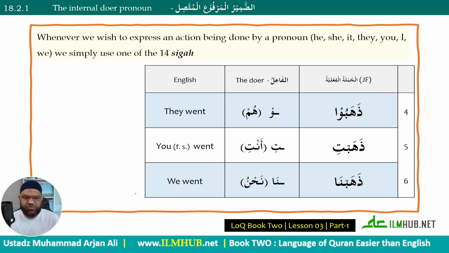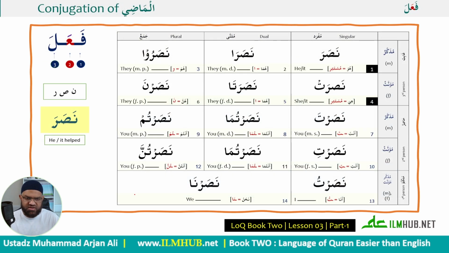So these 6 examples should be enough, inshallah, because we went through this in detail in lesson number 2. Whenever you want to express a sentence where the pronoun is the doer, you will choose one of the 14. So again, take the example of the verb nasara, all of the 14 you should have by now memorized. Nasara means he helped, or it can also be nasara, huma, etc. So if you learned lesson 2 well, the rest of our lessons will be relatively easy as far as precision in understanding which pronoun is doing or has done the work. So again, please conjugate as many verbs as you can. I gave you 3 examples. If you've done them, of course, this will now, inshallah, begin slowly to become second nature to you.